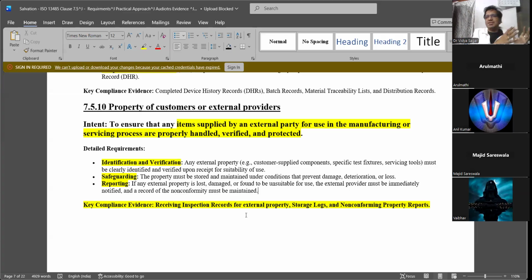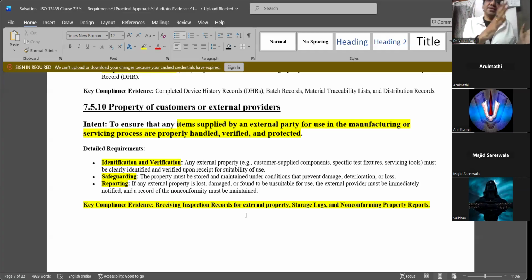So we need to keep it separately segregated. Suppose if you have one customer, it is fine. Suppose you are doing OEM or OBL contract manufacturing for 10 customers. So there is a chance that it may mix up with other customer fixtures, devices, labeling. And when you're labeling, the label of one customer will go to the other customer's label. This creates a lot of problems. So you need to separately segregate your customer related property.